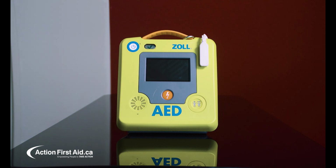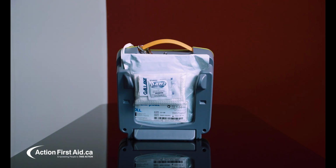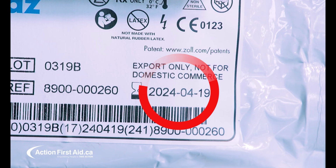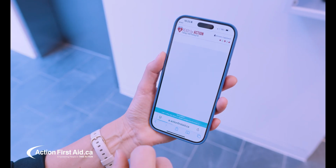First, let's check your AED's Ready for Rescue symbol. Look for the indicator as circled in this video. Now, let's check the pads for an expiry date. Again, this video will show you exactly where to find the date. Keep in mind, Ready for Action will track your pads and battery expiring dates and notify you when they are